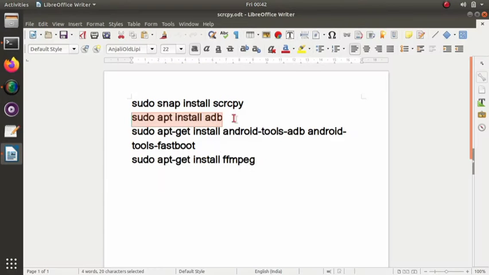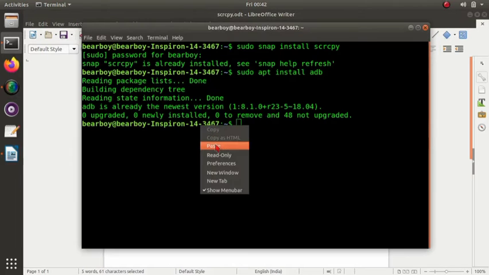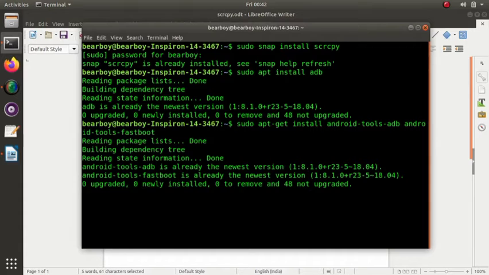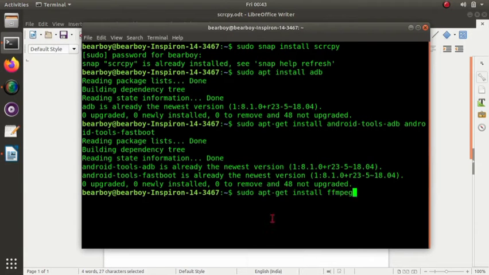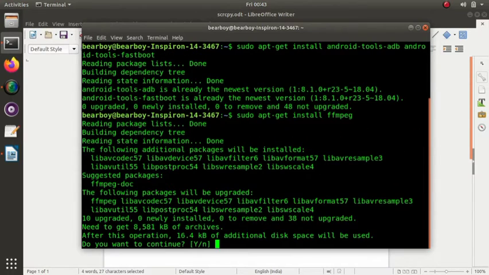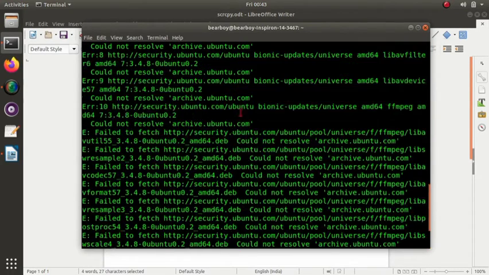And then after this command, android-tools-adb are very necessary to connect your Android device. And after that, sudo apt-get install ffmpeg. So after these all are installed,